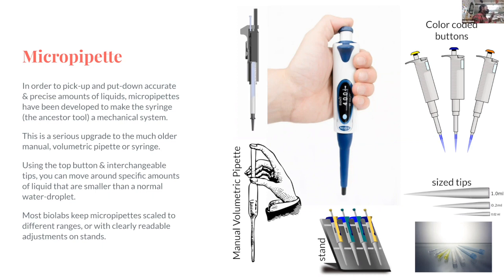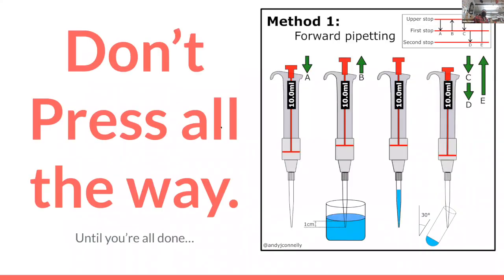It's super precise at giving you exactly the right amount of a liquid, so you can have very controlled amounts and everything can operate exactly as you want. You can have different size tips that give you different amounts of liquid. They're different lengths. They can be different diameters. There's a host of differences that you can have. But just understanding this tool is going to be a core part of what we're up to today. The real big thing that we learned last year is don't press it all the way. When you grab,